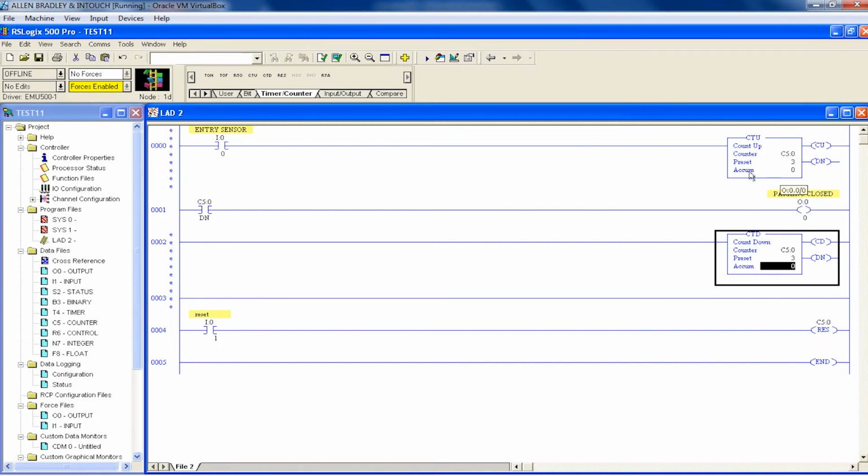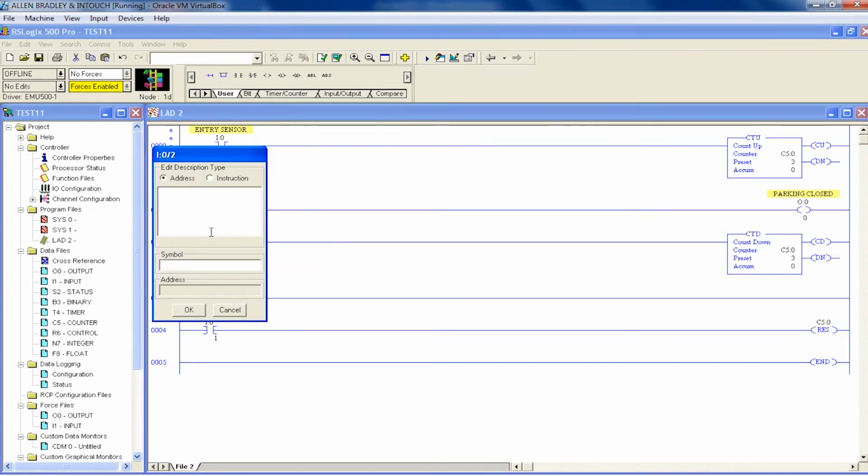When your accumulator value reaches 3, you can give parking is closed. If this indicator is on, you know parking is full, there is no space. And you also have one more input, which is the exit sensor. Whenever a car is leaving the parking slot, this sensor will be turned on. That sensor you give to the down counter, which will decrement the count of cars inside your parking slot.